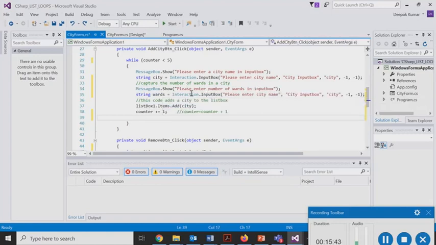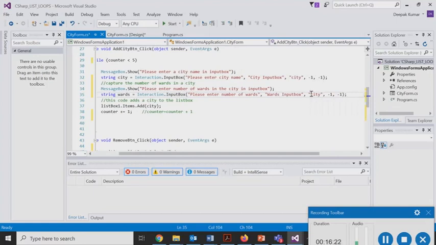So here we have "please enter the number of wards in the city" in the input box. So that's basically what we are doing here. The input box, obviously this code has to be "please enter number of wards." We'll call it wards input box, and the default value here, well, if there is a city, at least it will have one